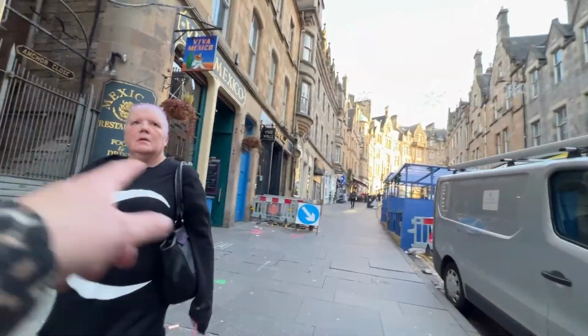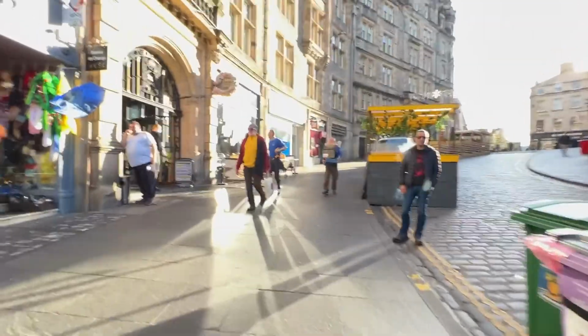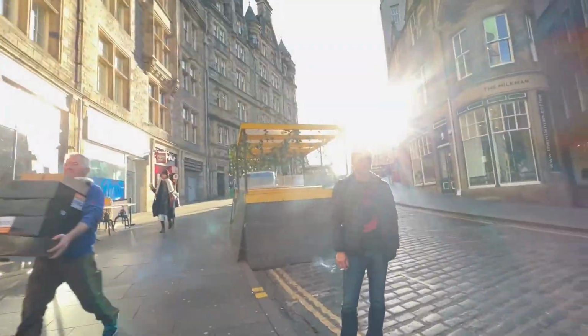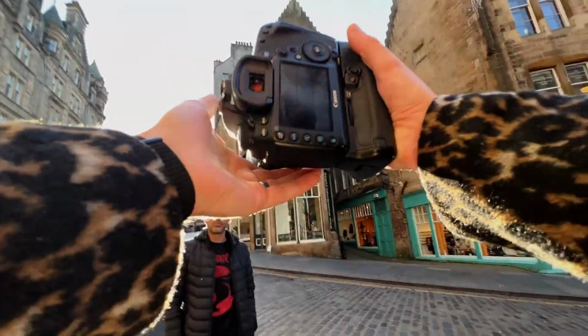Sorry, I love your jumper. Oh, thank you. I love it, it's so cool. Can I photograph you having a smoke? Because the sun coming behind you looks great. Sure. Perfect, so if you just want to have a wee...